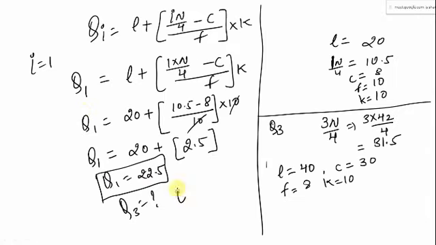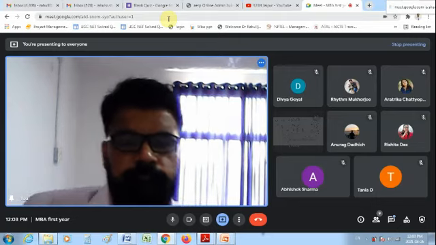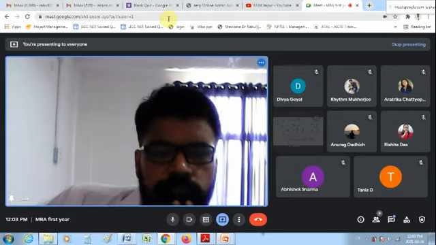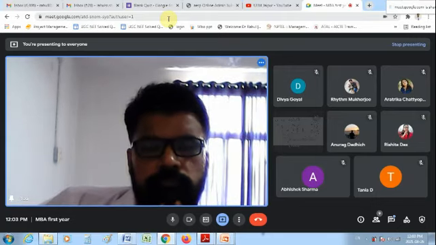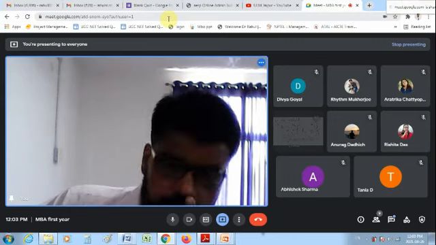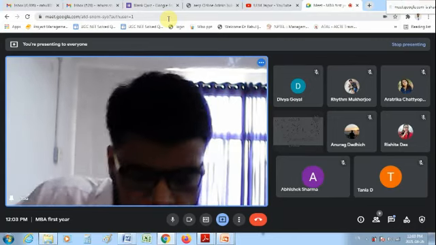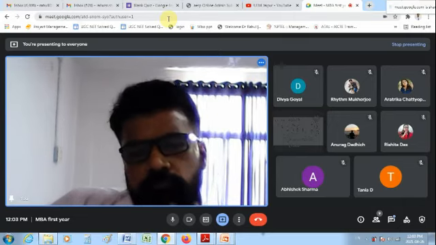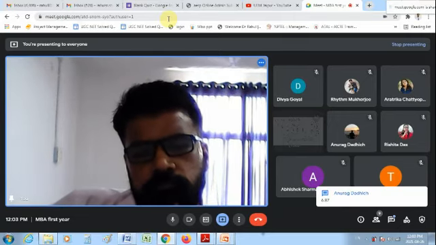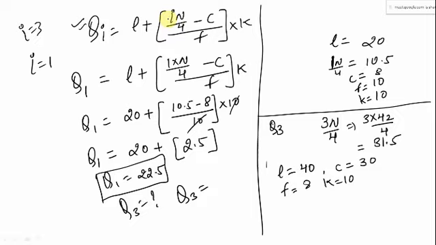So we have all these values. So now quickly give me the value for Q3. Put this in the formula. Formula is there only. So use that. In this formula, we'll put i is equal to 3 and we'll get all the values. So quickly tell me what will be the value for Q3. Okay, Anurag is saying 6.87.